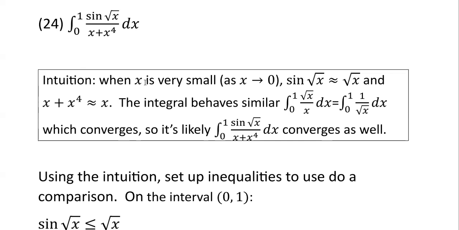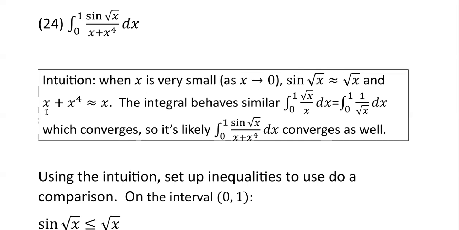When x is very small, which means as x approaches 0, sine of square root of x is approximately equal to square root of x. In physics, we call this the small angle approximation. That sounds familiar. You do that for a lot of things, like when you learn about lenses and diffraction. You use the small angle approximation. But anyway,